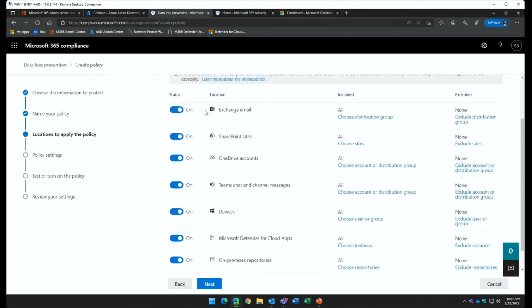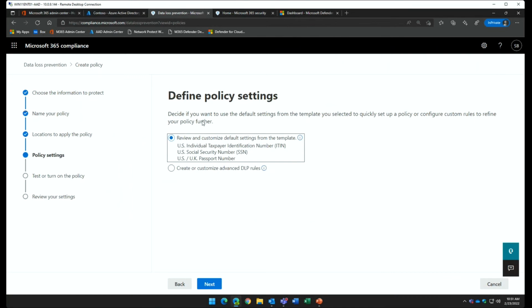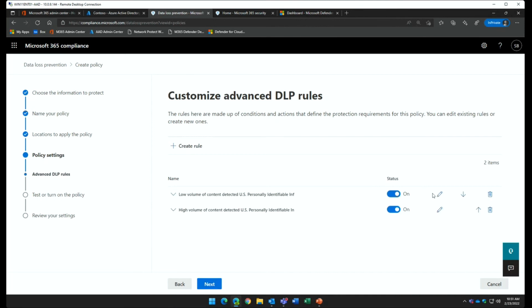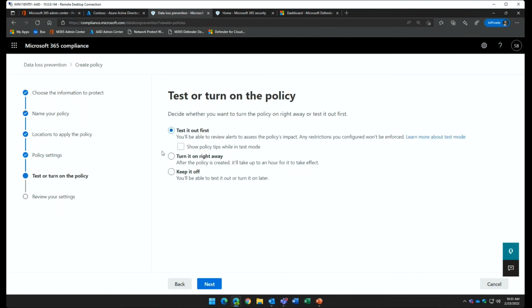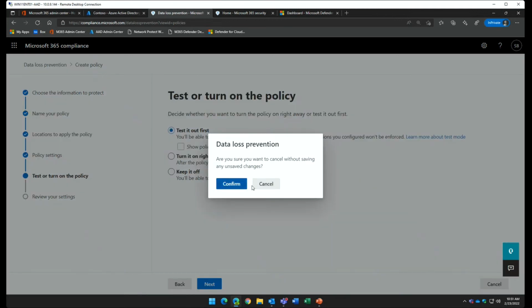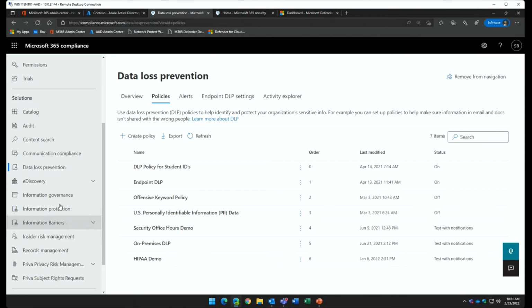So we can go select the repositories we want to choose here. You go identify the policy. You can either get advanced or just use it as it is from the template. Usually if you're in the advanced, you're probably getting a little bit more granular here. You can turn on and off the features and the behavior, whether you want to take block actions or encrypt actions on that content. You can test it out and use your policy tips before deploying it to your end users. But that's a quick way to create your data loss prevention policy.